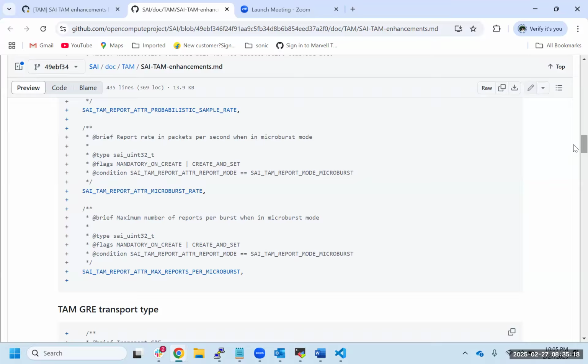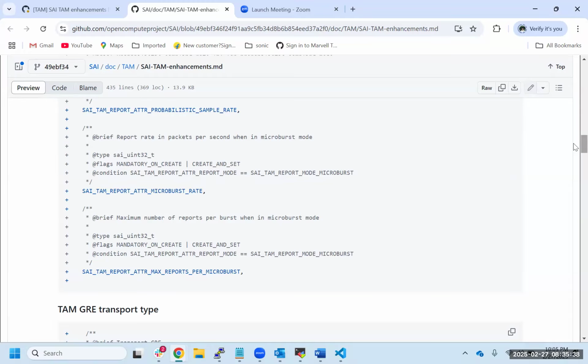Don't use the word microburst, because to do microburst, you'll have to define yet another attribute. There's at least one attribute missing here to define a microburst. You want to know the time interval, right? What's the time interval? Rajkumar, is that fine, right? Yes, yes, Ravi. We can revisit this. Okay, thanks.